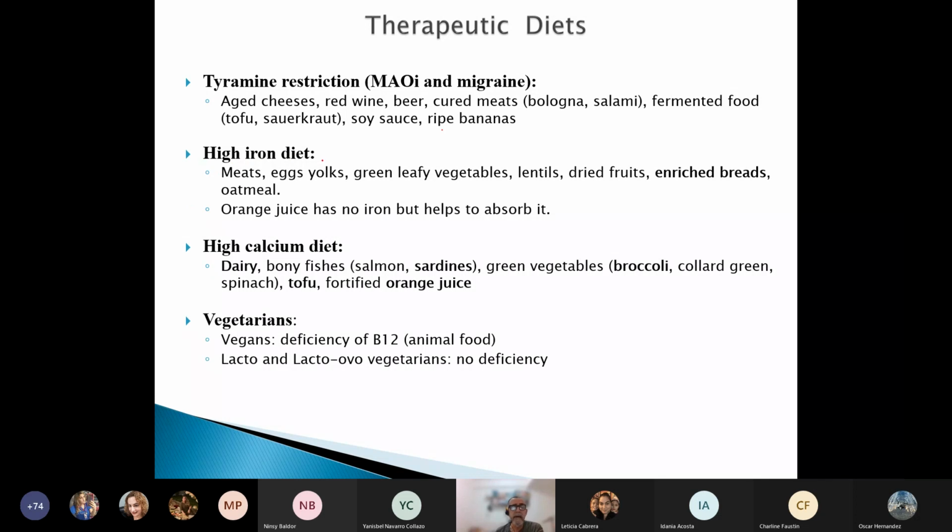The high iron diet is super frequently tested, because the most common form of anemia is iron deficiency anemia. And we can independently educate the clients to increase their intake of iron. Of course, everybody knows that meats and organ meats are very rich in iron. The other animal food that is rich in iron is the egg yolk. But remember that milk and dairy are totally lacking in iron. There is no iron in milk and dairy.